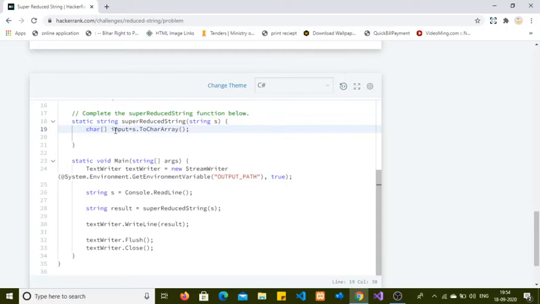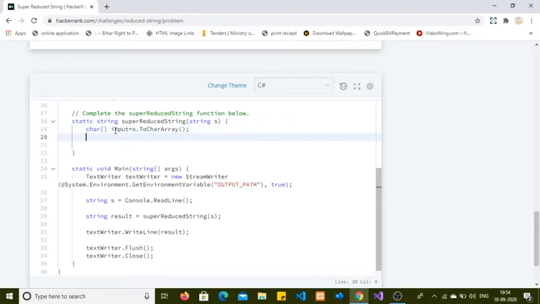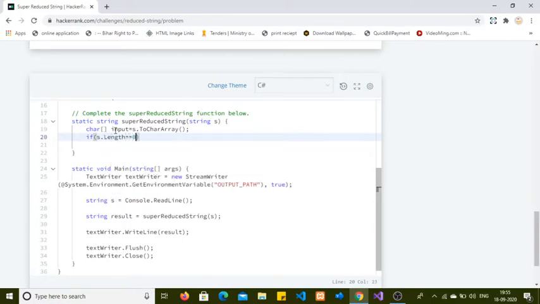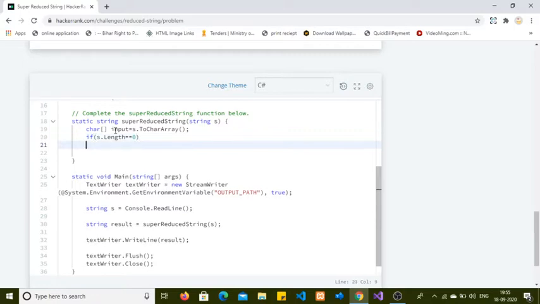Okay, we created a character array and converted the given string into the character array. First test case: if s.length is equal to 0, if the string is null, nothing is present in the given string, then we have to return a string with the message empty string.